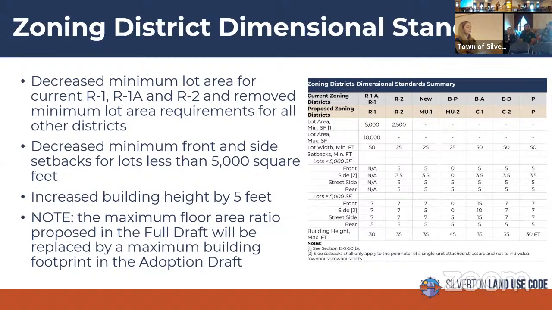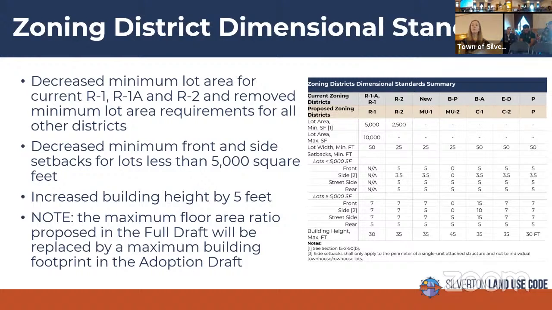So each zoning district is subject to a set of dimensional standards that apply to either the lot itself or buildings that are constructed on the lot. The dimensional standards include minimum lot area, maximum lot area where applicable, minimum lot width, minimum building setbacks, and maximum building height. The draft land use code proposes decreasing the minimum lot area requirements for the current R1, R1A, and R2 districts.